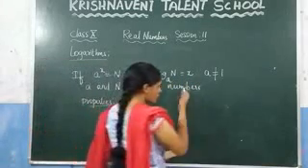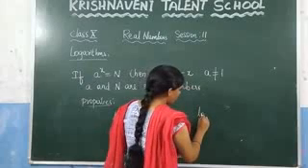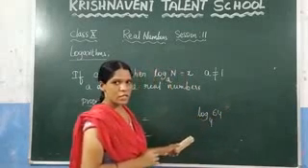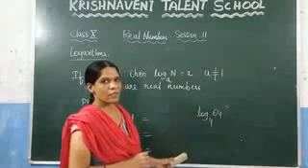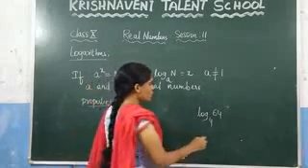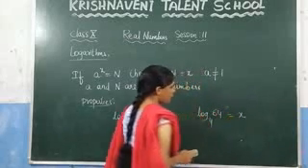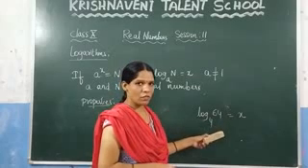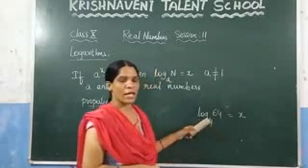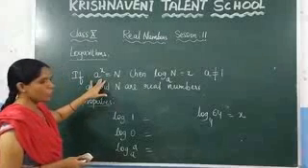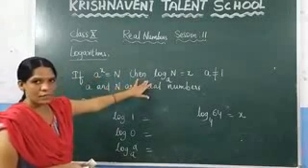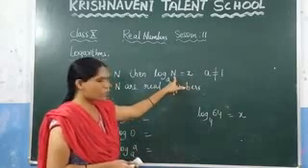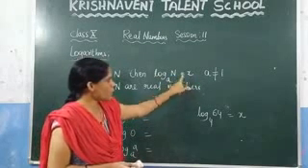Now consider, suppose they ask to find log 64 to the base 4. We don't know the value of this, so let us consider that value as x. Here they have given it in logarithm form. If you want to find the value of x, you need to write this in exponential form. So how do you write this? Based on this condition, if log n to the base a is equal to x, you can write it as a power x is equal to n.